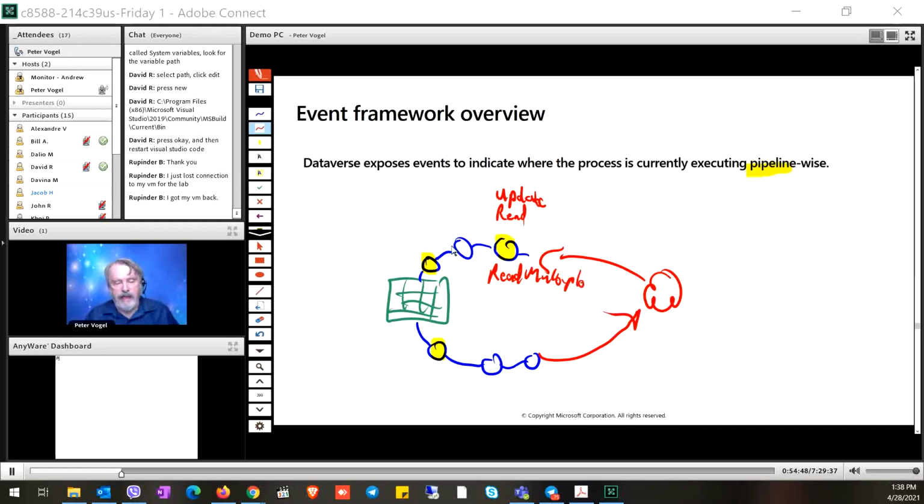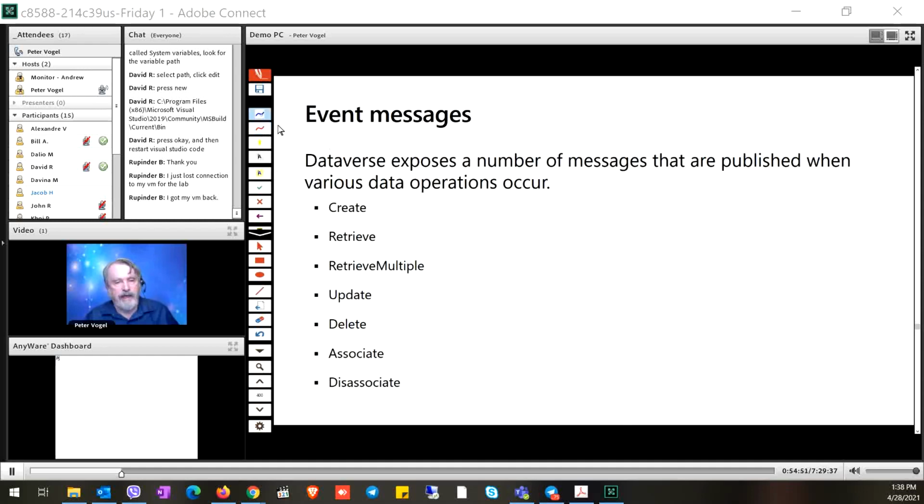And those are listed as events. They're described as messages. And what you do is when you add something to the pipeline, you can specify that this code you're adding, this component, this plugin, is only to be run for certain kinds of messages. For instance, only when someone is retrieving single or multiple rows, or only when someone is deleting a row. And again, you might use this to coordinate activities with some other system. Or if you're deleting a row from this system, I want to go and delete it from this other system